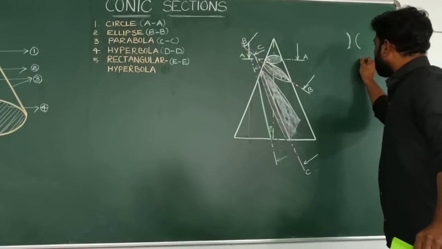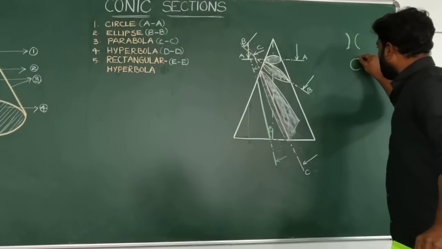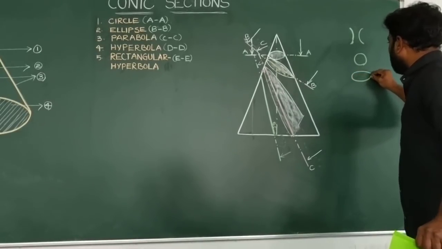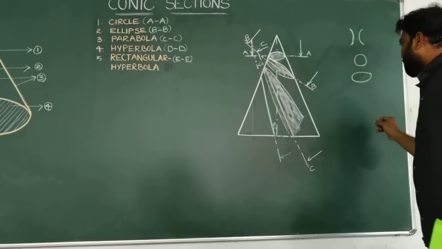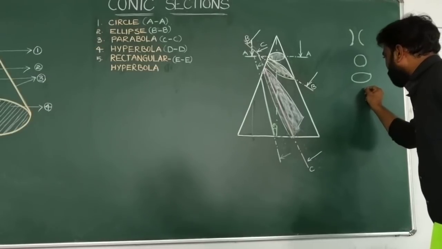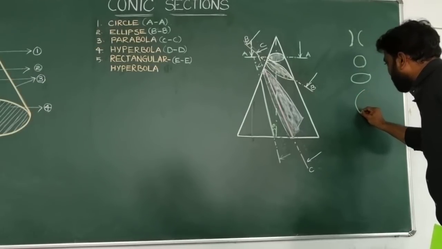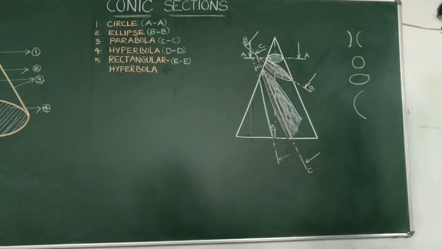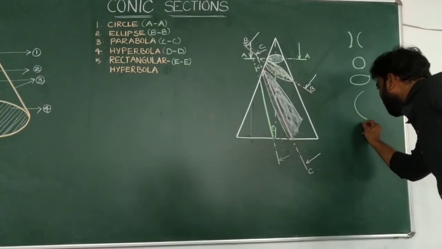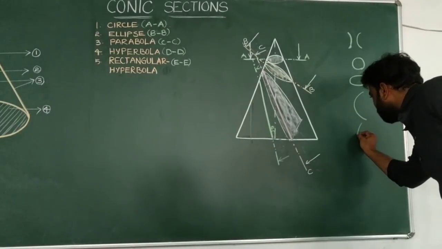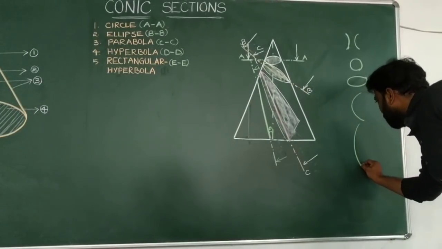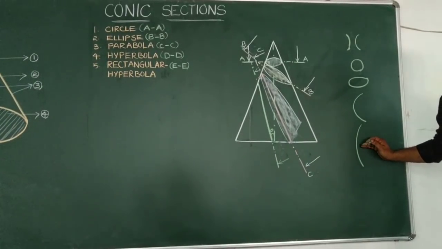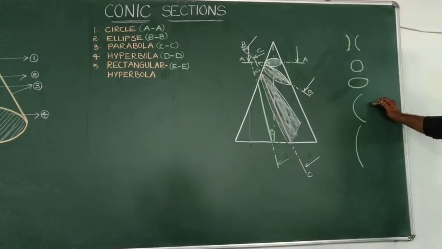Initially we got a circle, that is the first surface we got. Then second one, by the cutting plane B to B, we got elliptical plane surface. Similarly, coming to the parabola, we got this one by cutting the object parallel to one of the generators, and here we will be getting hyperbola in this way. So here the difference between parabola and hyperbola, this is the wide curve comparing to the parabola.